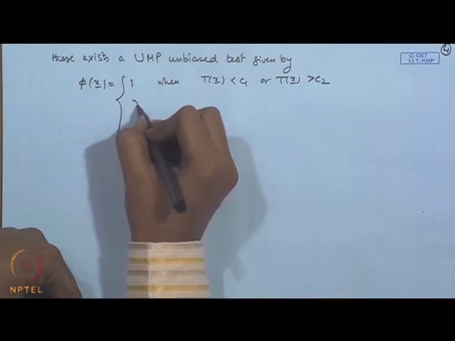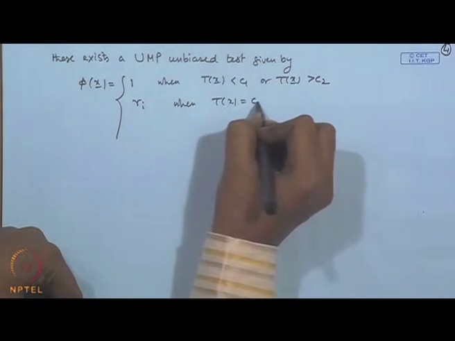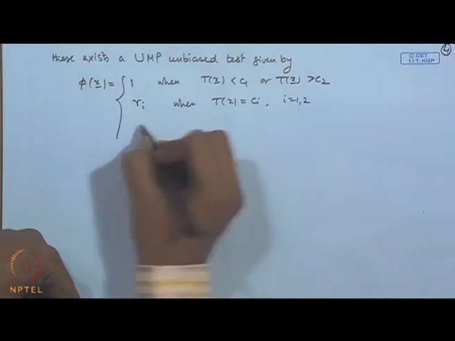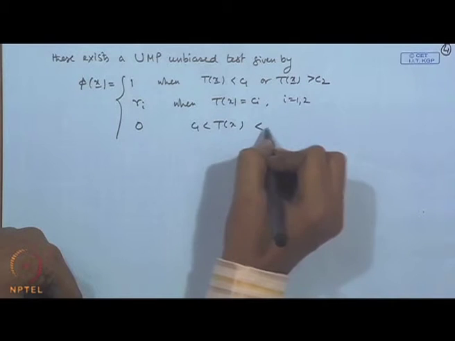It is equal to gamma i when T(x) is equal to ci for i is equal to 1, 2, and it is equal to 0 if c1 is less than T(x) less than c2,